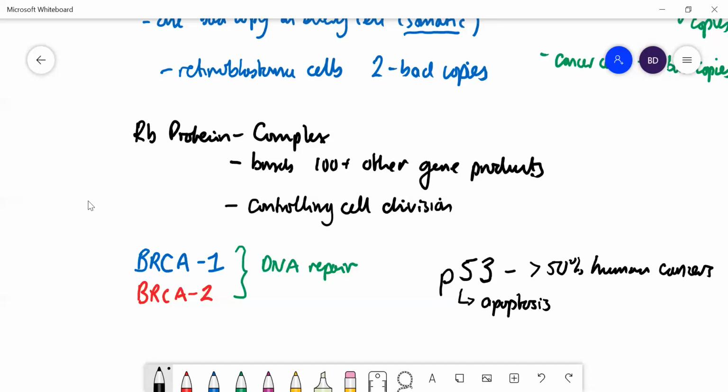And just to remember, you could say that they are recessive in sort of Mendelian genetics. Recessive because if you only have one copy of it, they're okay. You're normal. Your phenotype is normal. In order to have this sort of cancer phenotype, you need to have both genes knocked out.